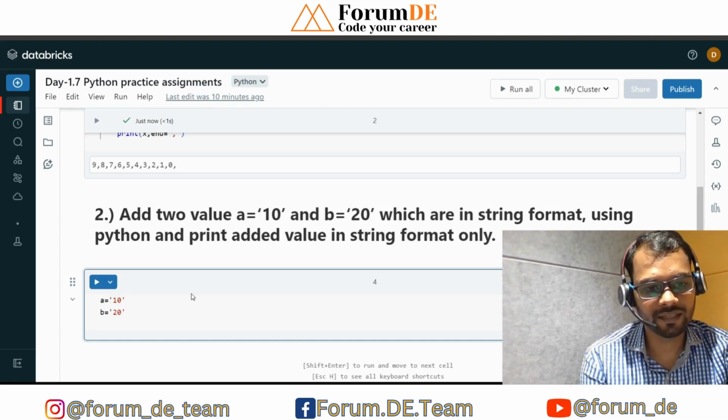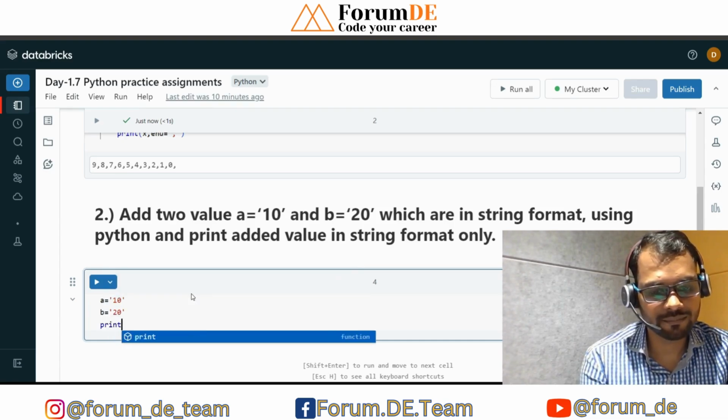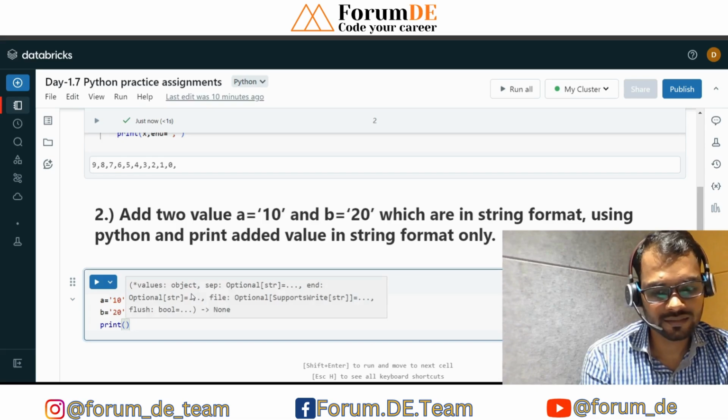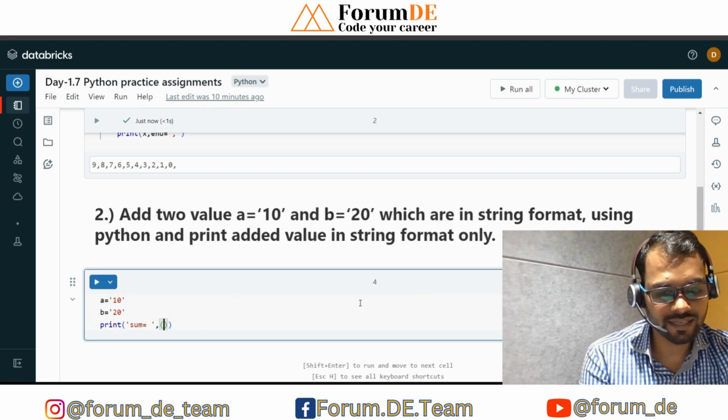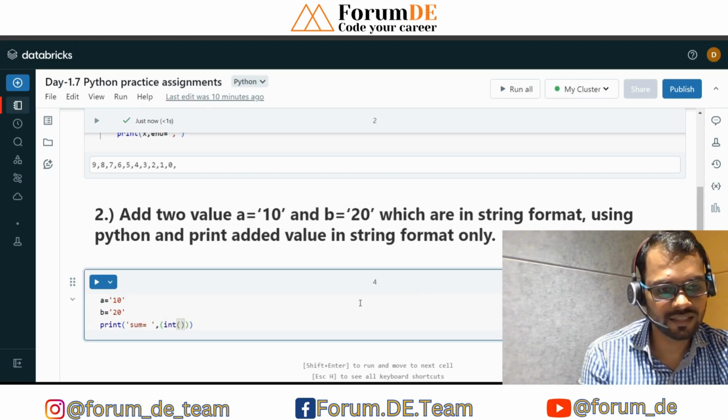So in that case, we have to print the sum. Print sum is equal to, we have to do the add, right? So in this bracket, we are going to convert a